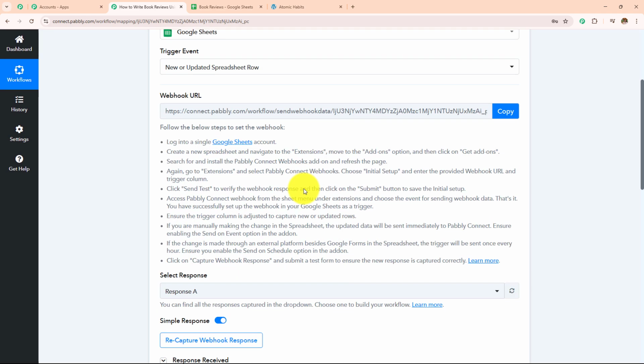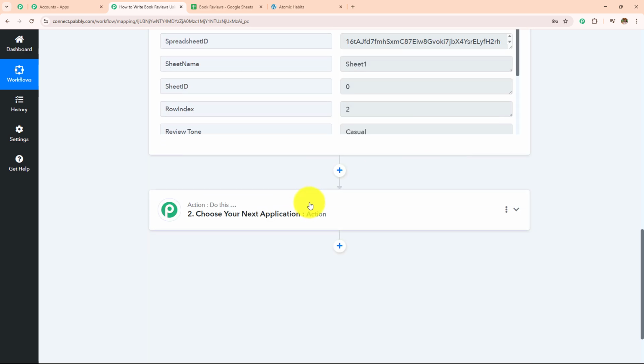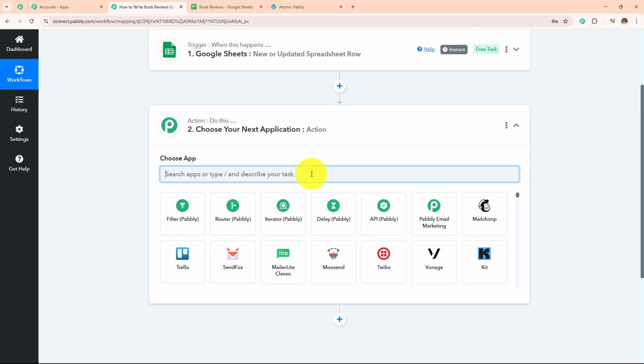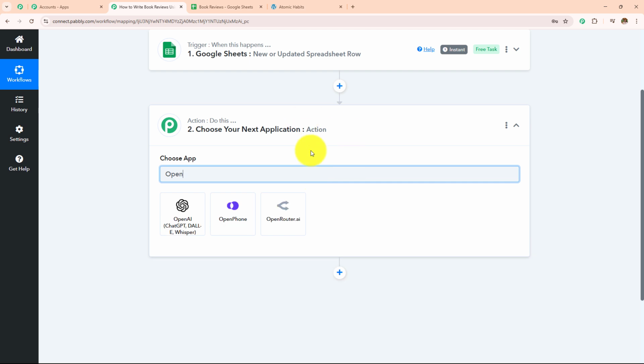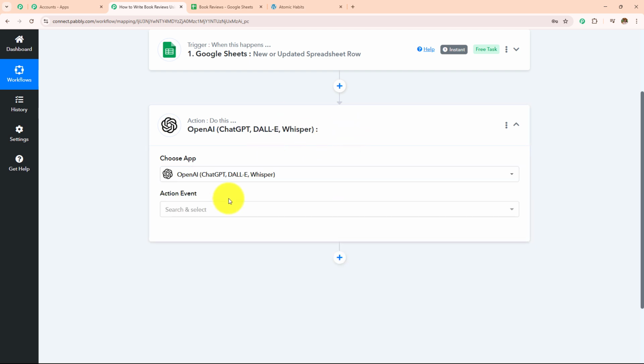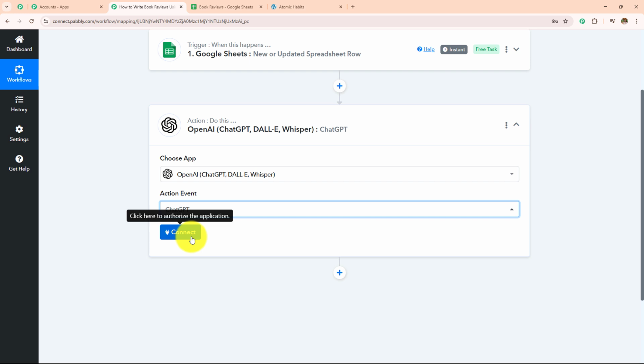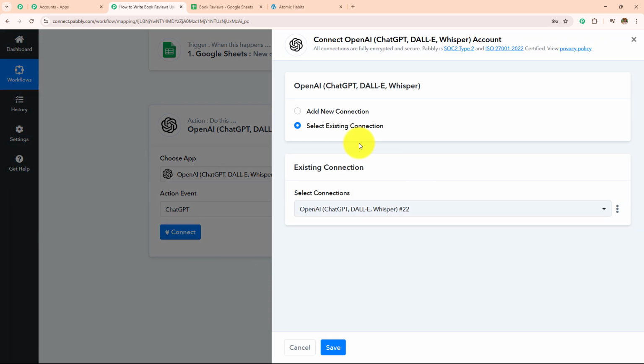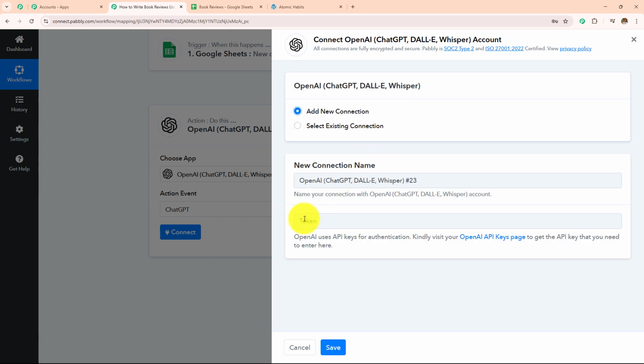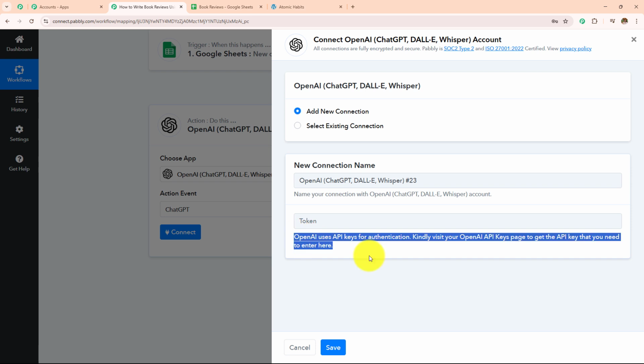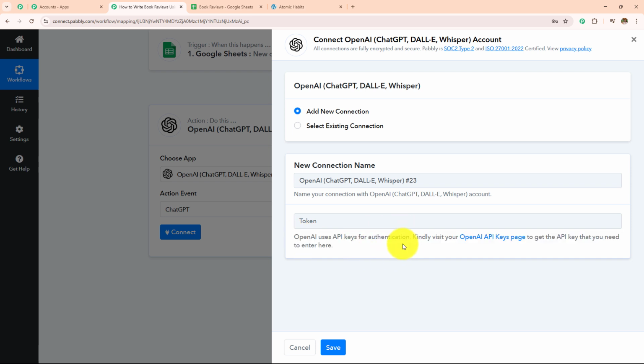I want to generate a book review with the help of my AI agent, and here I'm going to take my AI agent as OpenAI. So here my action application is OpenAI, and then my action event is ChatGPT, and then click on connect. If you have an existing connection, go with save. If you don't have one, click on add new connection, and now to make this connection, we have to enter the token. Following the help desk given below, I'm going to enter this token, and I'm going to click